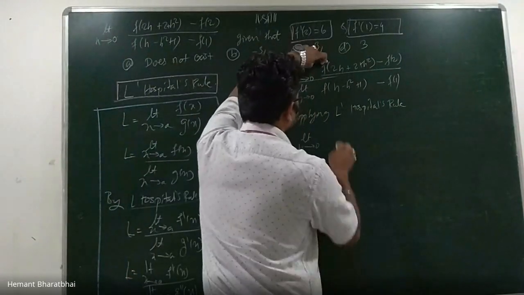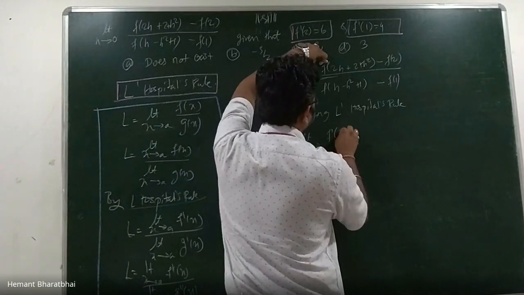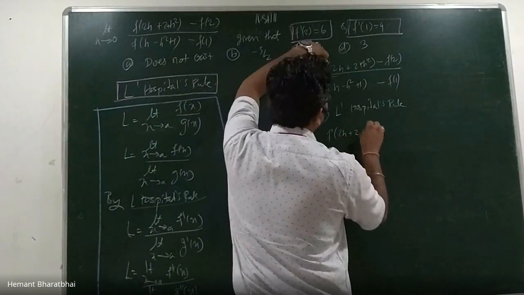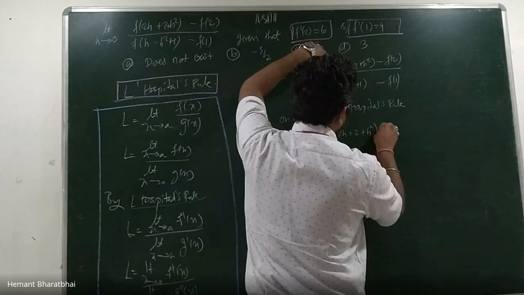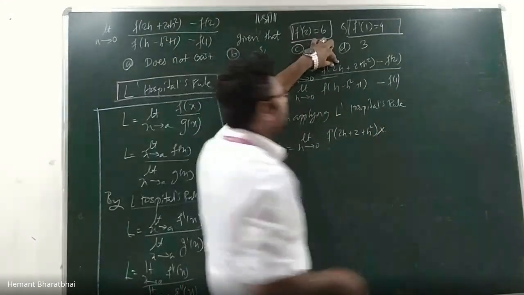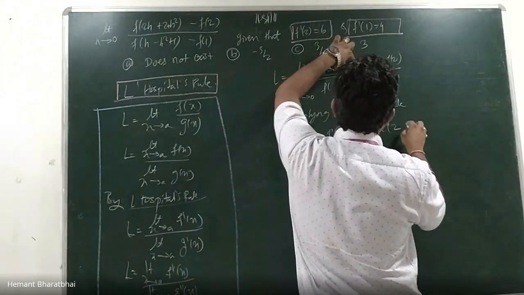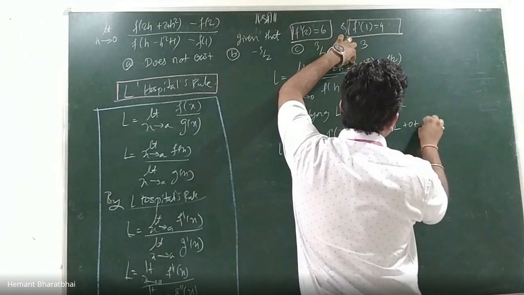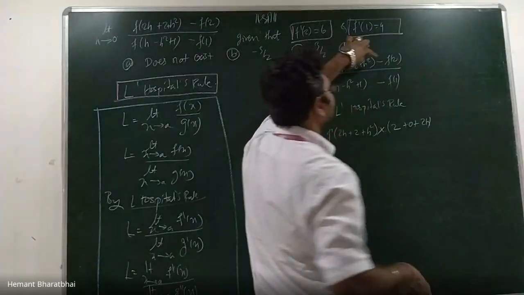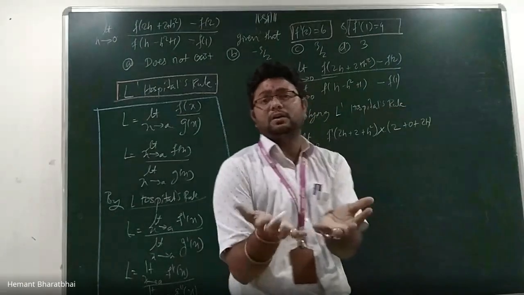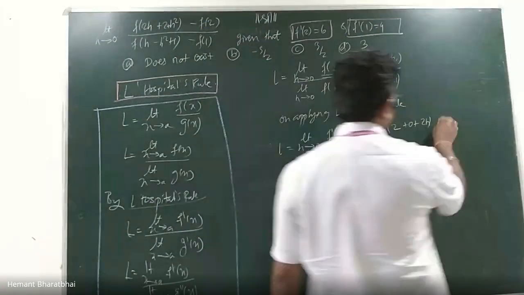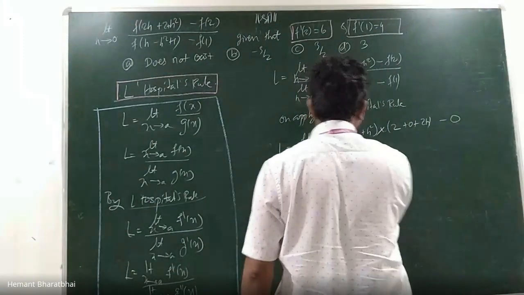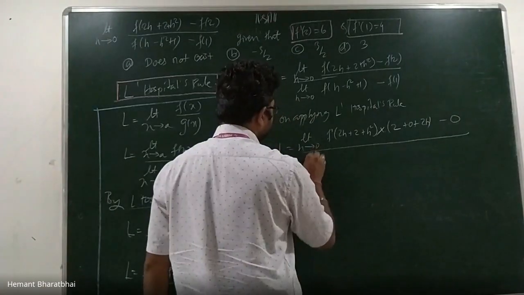The derivative of this will become f dash of 2h plus 2 plus h square into the derivative of 2h, which is 2, derivative of 2 will be 0, derivative of h square will be 2h. f of 2 will be a constant value, derivative of a constant is 0, so this is minus 0,